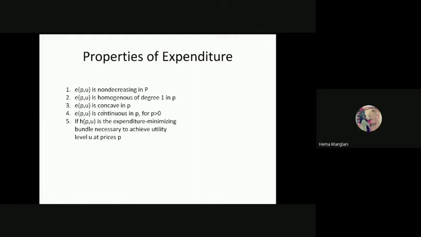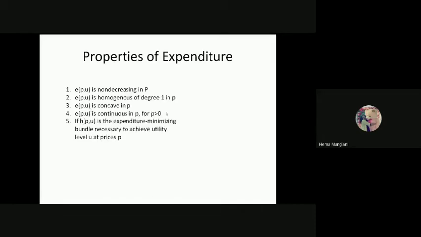See, it is concave. The reason is because it is non-decreasing, meaning it is always increasing, and that is why it now has a feature of concavity. I'm not mentioning quasi-concave over here. This is just concave in the prices. We would also see concave functions in our quasi-concave and quasi-convex lecture. So you should know what a convex function is and what a concave function is. Then E(P,U) is continuous in prices. Again, if the value of prices changes, your value of expenditure would also change.